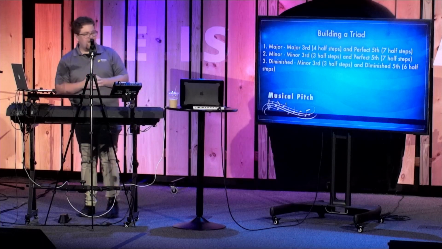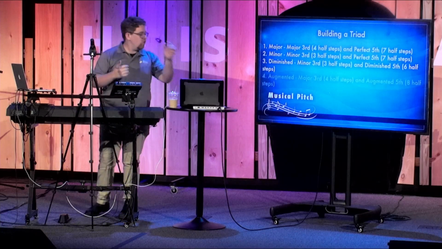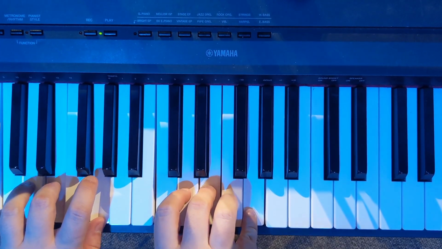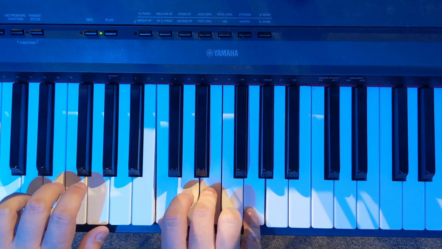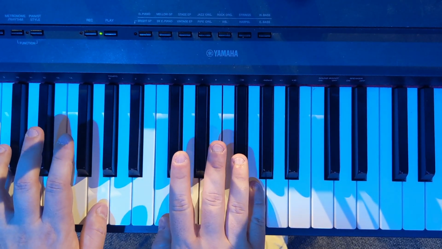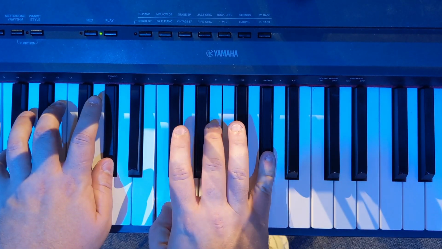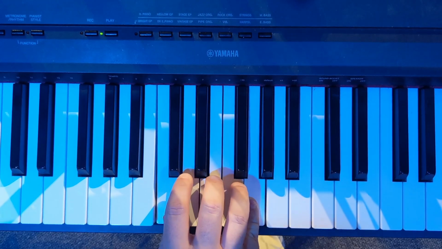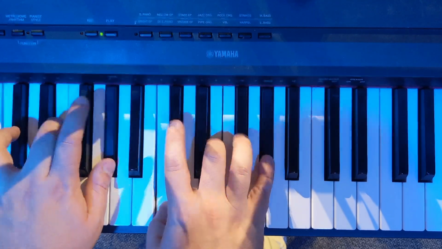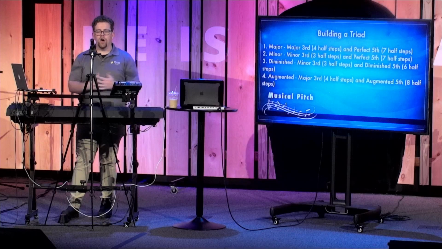Now there's another kind of triad that I have actually never seen in music at the church, but it exists and you should know about it. It's called an augmented triad. So if we go back to our major triad, an augmented triad keeps your major third, but adds an augmented fifth instead of a perfect fifth. So that's a half step up. And that's called an augmented fifth. And so the perfect fifth was 7 half steps. This is 8 half steps up from the C. And so then we have this. And that is an augmented triad.